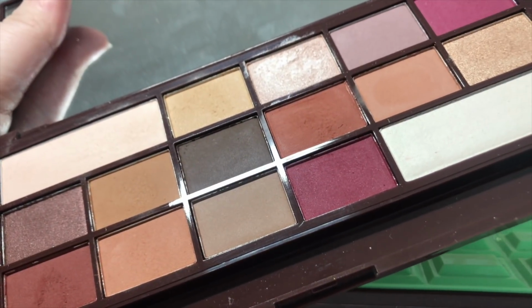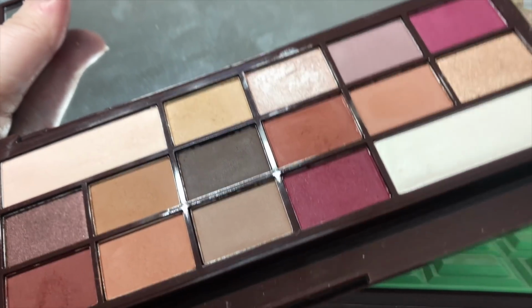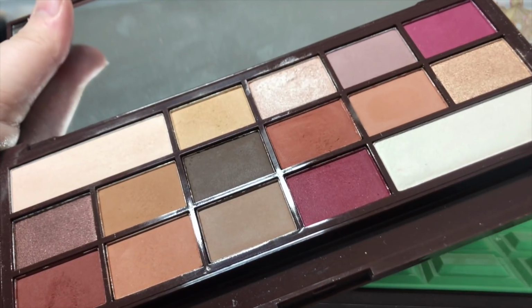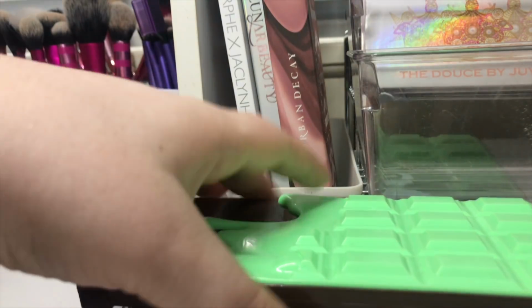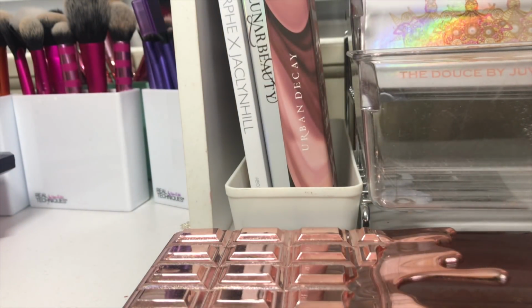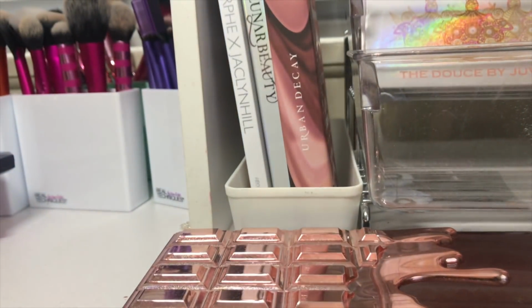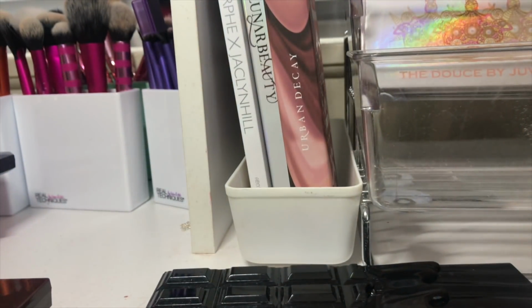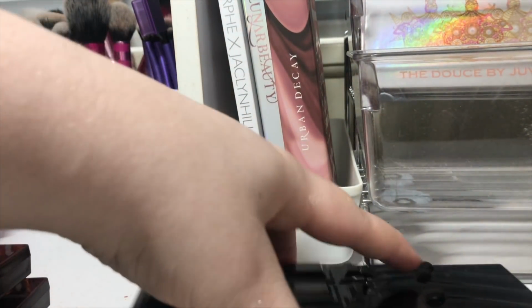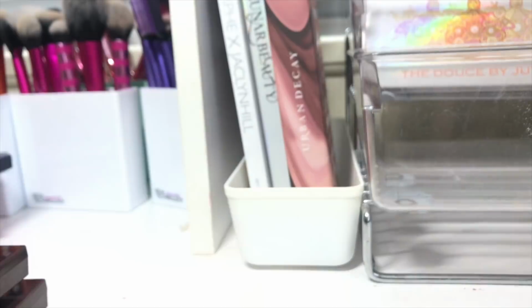But for someone like me, I'm starting to do really intricate looks that require a lot of blending, a lot of time and effort. And these shades just muddy together, and it's not even just this palette. It's all the chocolate bar palettes. The shimmers in here don't perform how I want them to. They are beautiful palettes, and if you're just doing an everyday look, then these would be perfect for you. But for me, I'm starting to get into that Instagram avant-garde sort of stuff where you're just trying to be really creative,